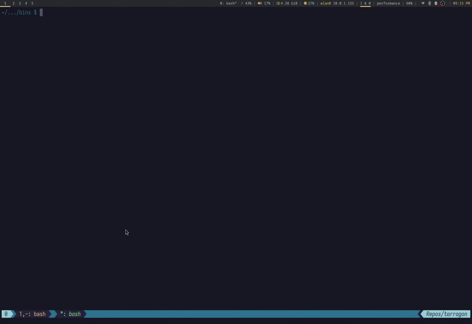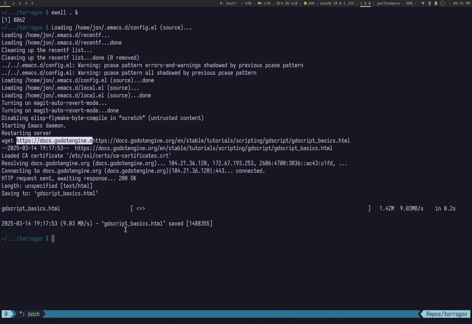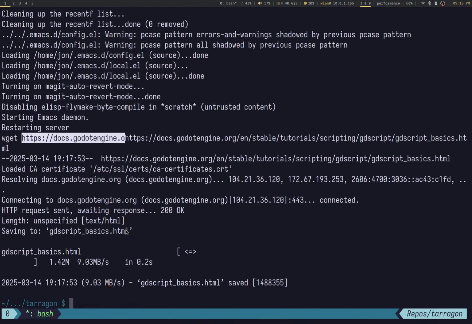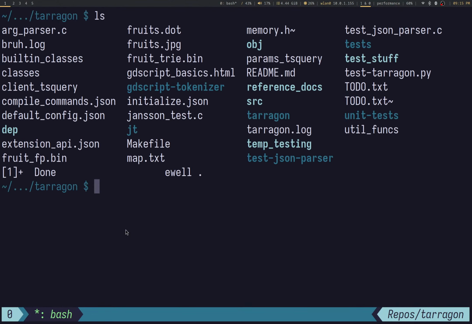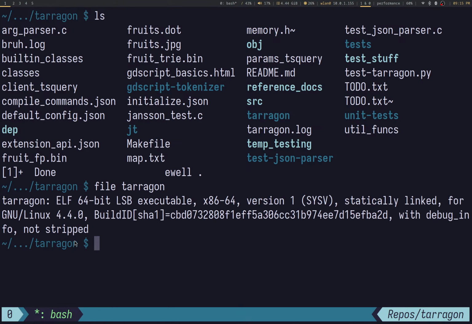Let's go clear that. Exit here. Let's see if I remember how to make this big. File Tarragon. So this is eventually going to be the standalone program. As you can see, statically linked. Basically, what I've managed to do is remove Jansen.